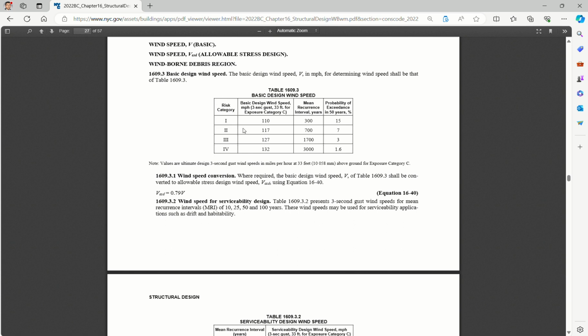Obviously, category 1 has the lowest wind speed, which means it's lightly treated, like an agricultural building. But categories 3 and 4 have a higher basic wind speed, meaning these are more essential buildings, so we try to treat them a little more highly, right? But commercial buildings, general office and residential buildings, we typically treat as category 2, so we're going to use 117. But you always have to remember that now all the wind and seismic loads are ultimate